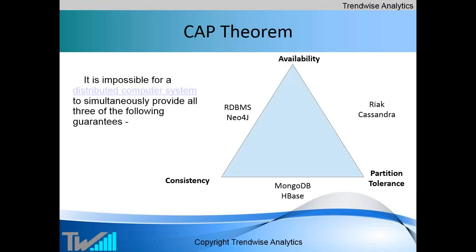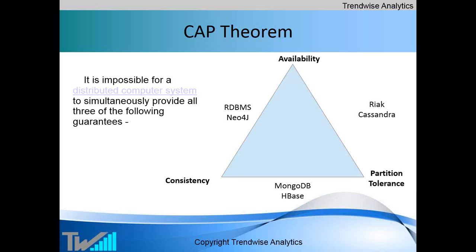As I mentioned, we'll talk about a few jargon terms. The CAP theorem is very often thrown around. CAP stands for consistency, availability, and partition tolerance. What this theorem says is that in a distributed computer system, at any given time, you can guarantee only 2 of these. So that's a simple theorem. You cannot achieve all 3.